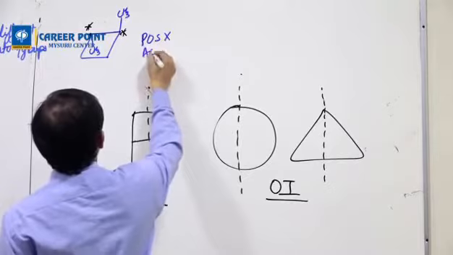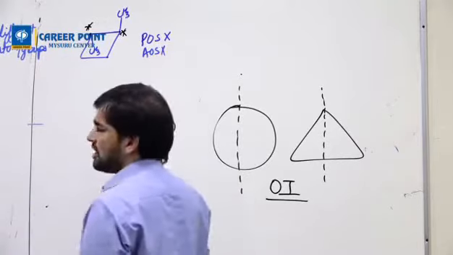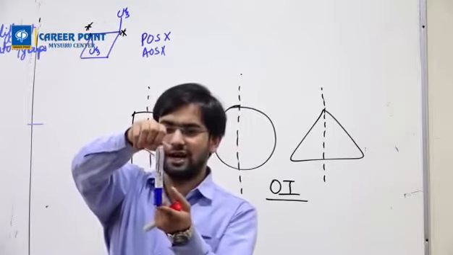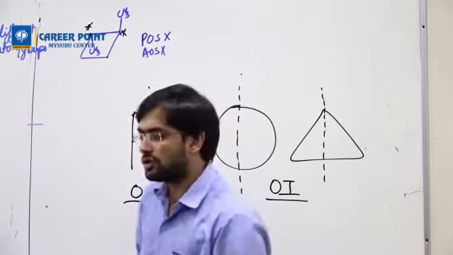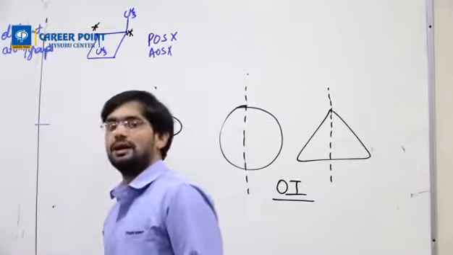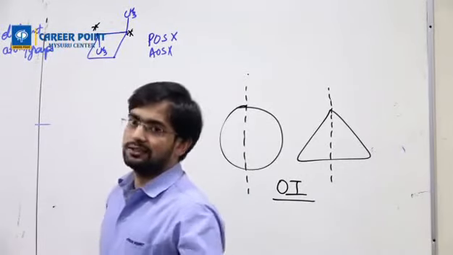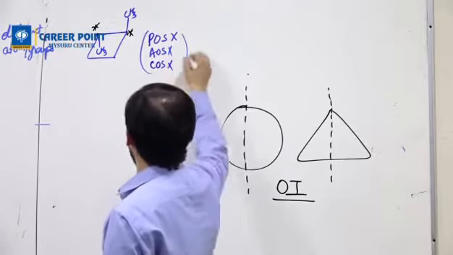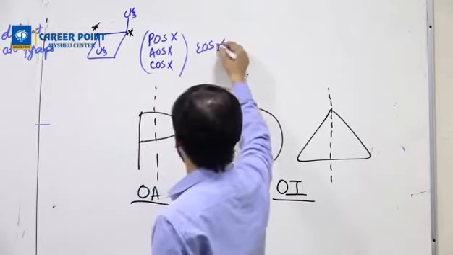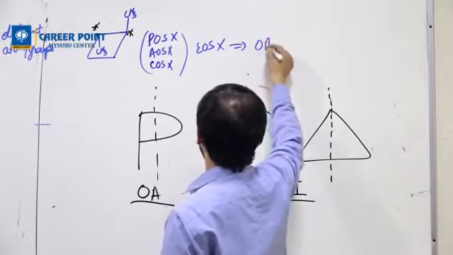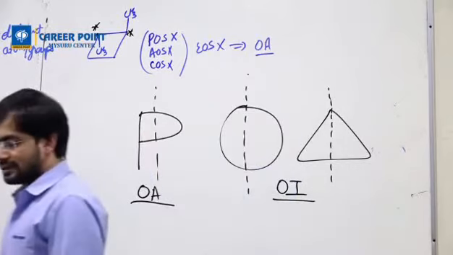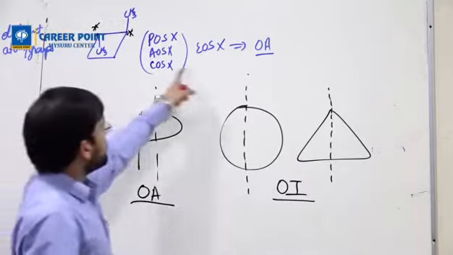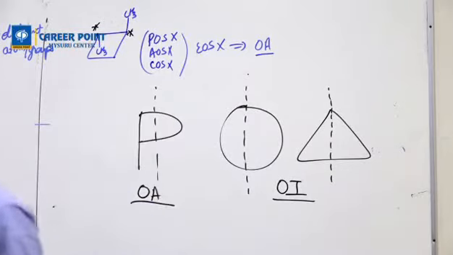Then we try axis of symmetry. Axis of symmetry is also not present because you need to rotate a molecule by holding it like this and rotating it like this. When you rotate and you do not get the same molecule until a 360-degree rotation, there is no axis of symmetry. Then center of symmetry is also not there. So all three are not there. Then EOS is also not there. If the EOS is not there, then the molecule is optically active. Yes. So that is the correct explanation why this molecule is optically active.